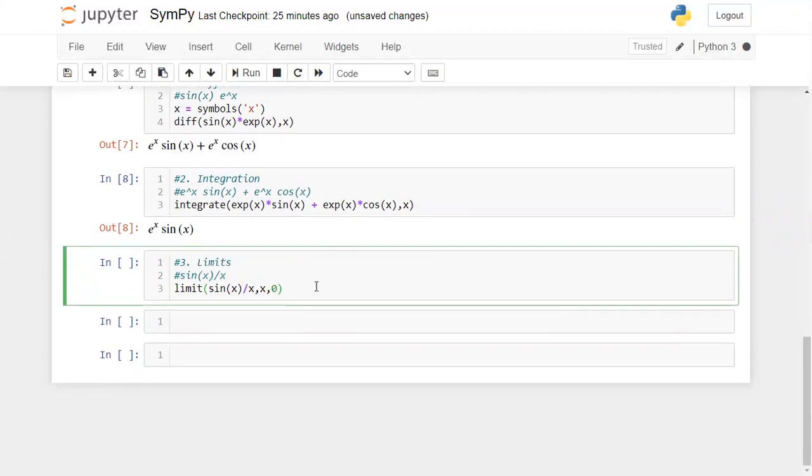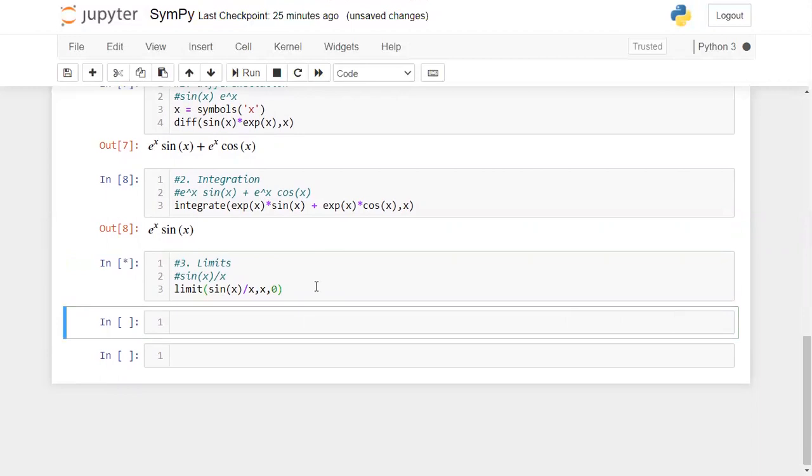Now try to run this. It will give you the value on the screen. I don't know why it is taking much time.